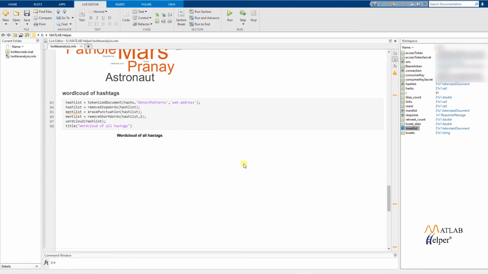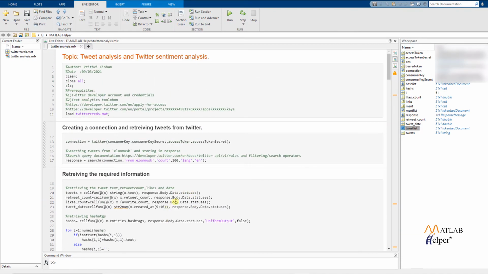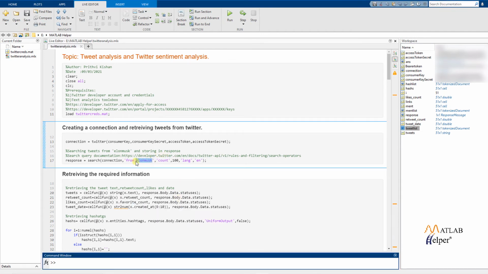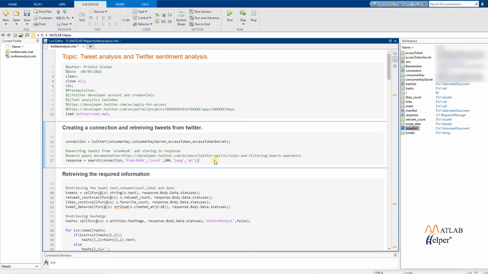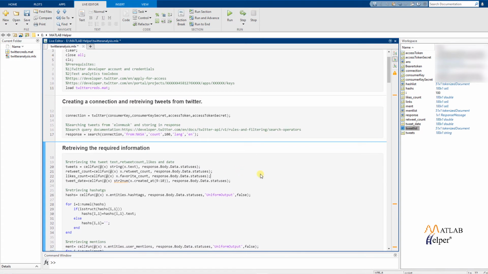A similar visualization can be done for tweets from NASA by just changing the search query. After searching for tweets from NASA, we go back to the section we were previously in.